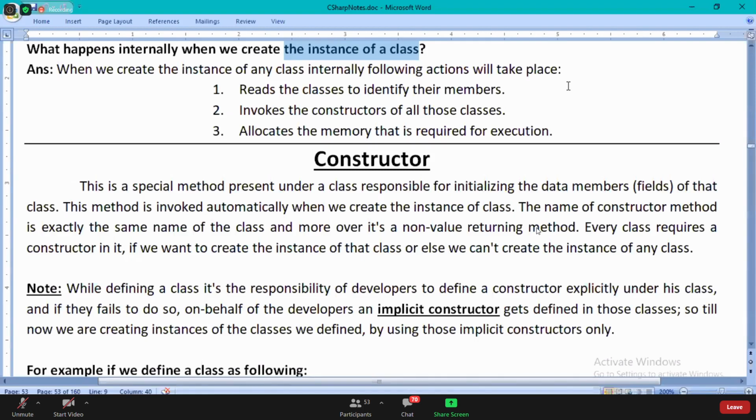Yes or not? Okay, so that's the important point. You require to first know the contents of the parent class members.